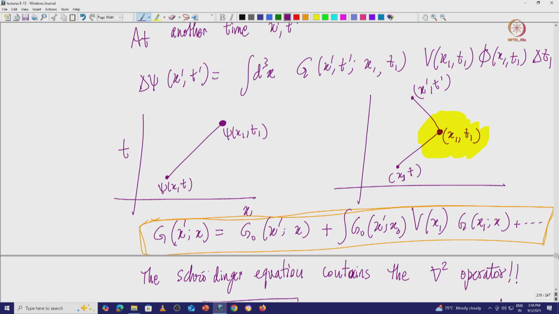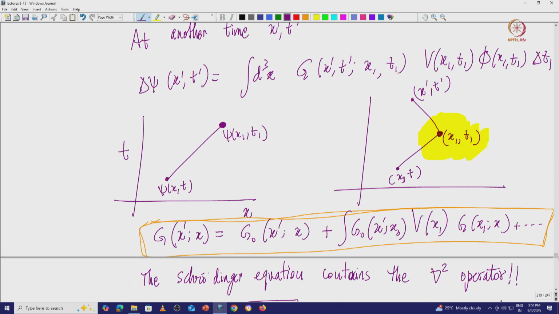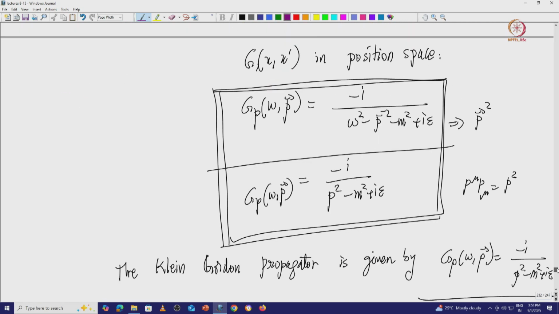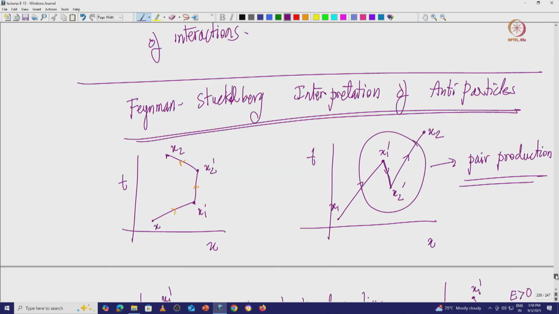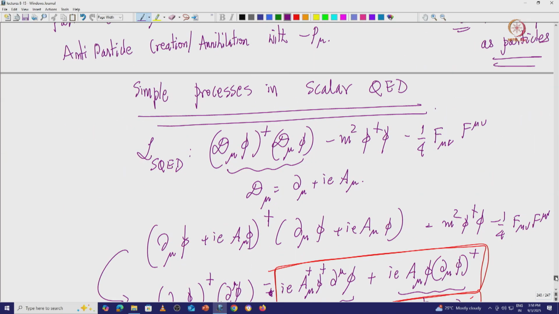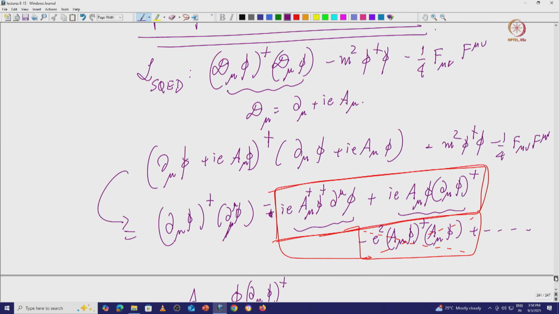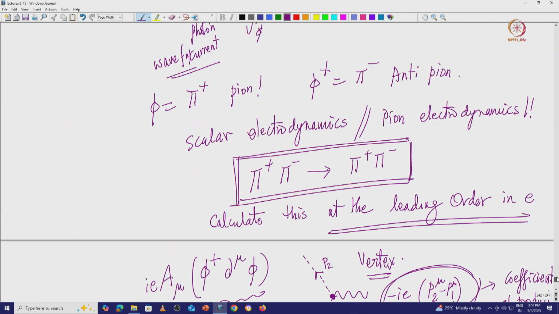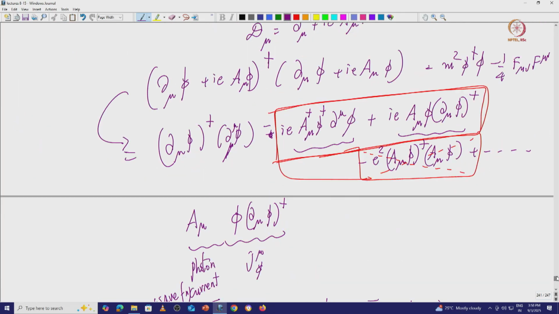So, the total Green's function, how do you solve it perturbatively, is with interactions step by step, in this same fashion. So, we are using Green's functions methods. Then we derived this bunch of rules for the scalar QED, or what you call pion electrodynamics, and here we said we will only take the leading order corrections as leading order interaction terms. So, we neglected this particular term, at least for processes at the leading order. We will come to next leading order in coming lectures.